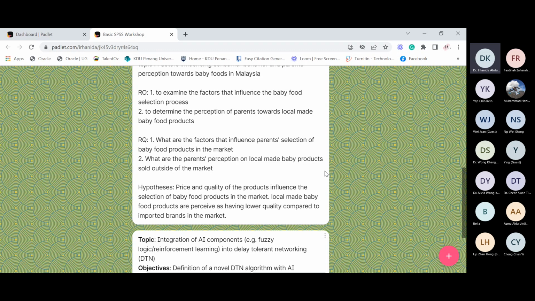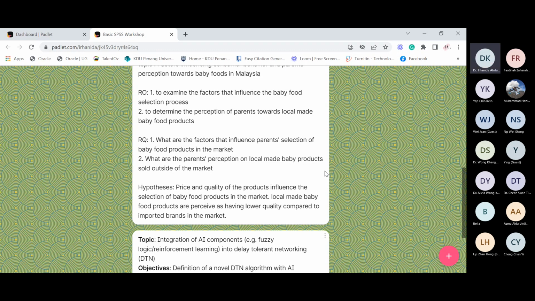If you want to make it more detailed, you describe the factors first, and by describing the factors, you can use descriptive analysis. But when you say you want to examine the factors that influence the baby food selection process, the word influence itself is referring to regression analysis already.